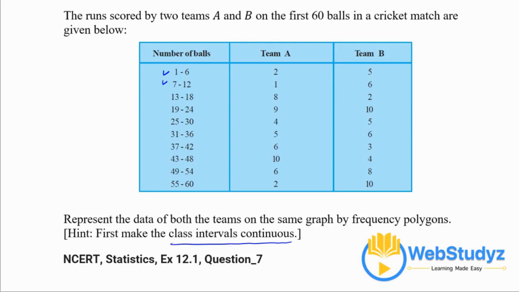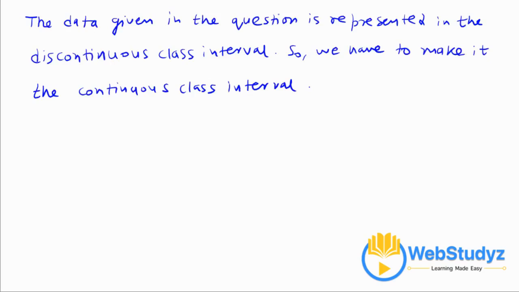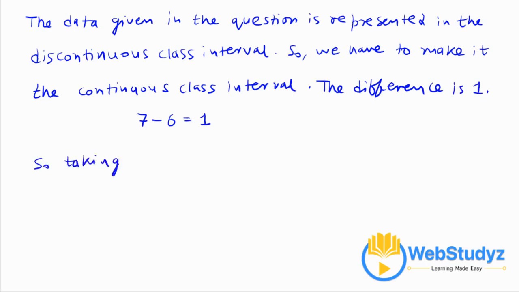For that, we can clearly see the difference from 7 and 6 is 1. So we can write that the difference from the next value to the previous upper value 6 is 1. So we get difference is 1. So taking half of 1, 1 by 2, which is equal to 0.5,